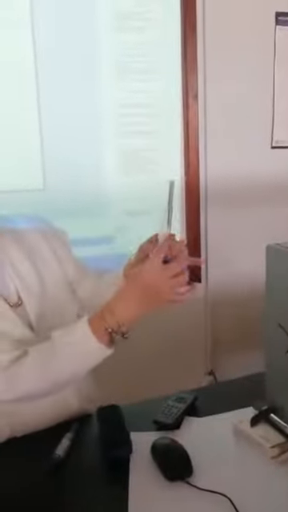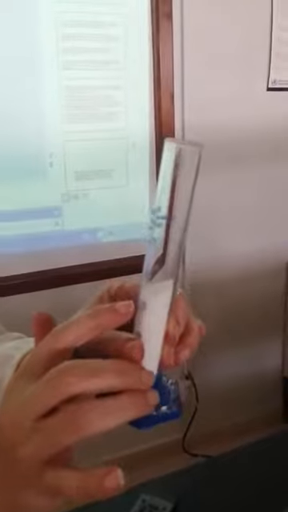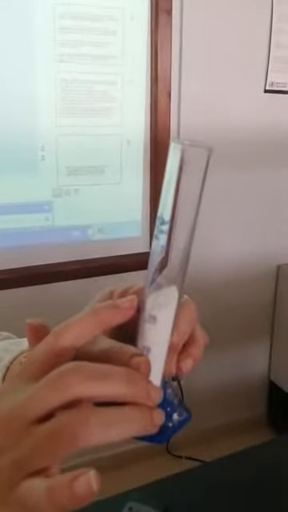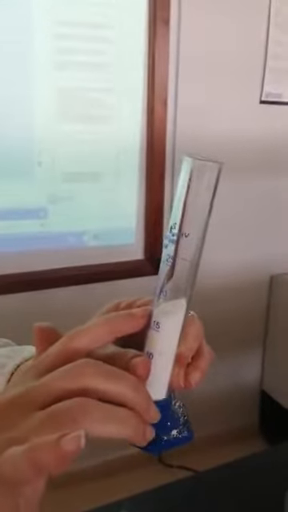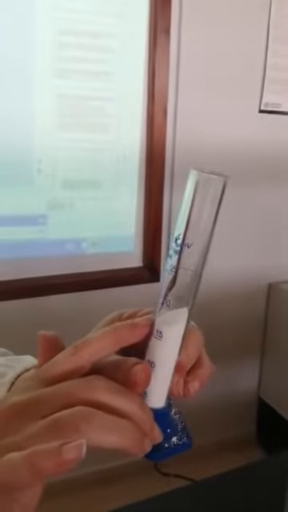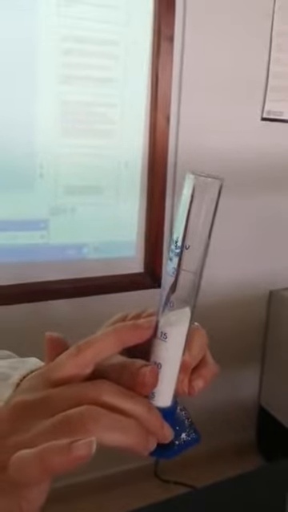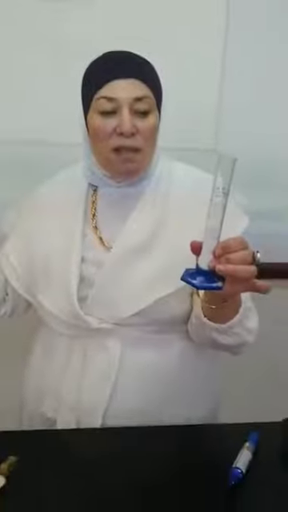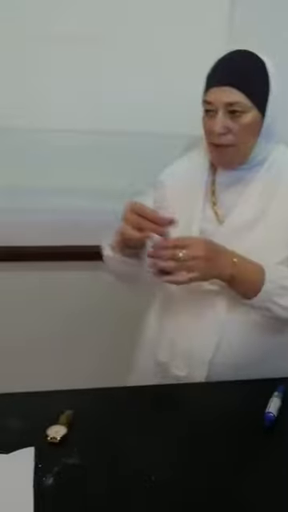I have the upper value of 20 ml and the lower value of around 16 ml. By taking 20 plus 16 divided by 2, I can get the bulk volume. Then the next step, using the same cylinder,